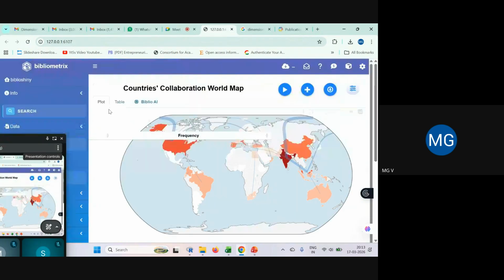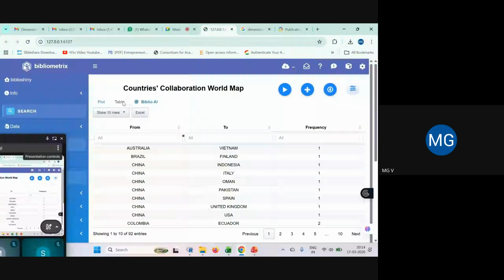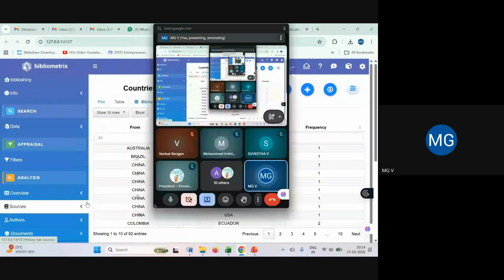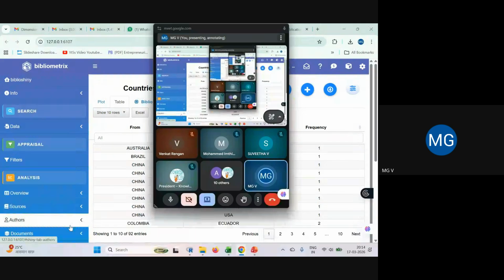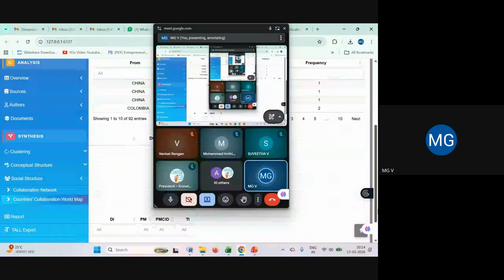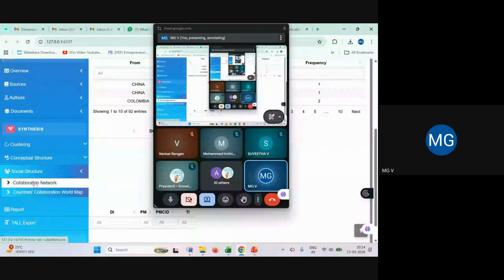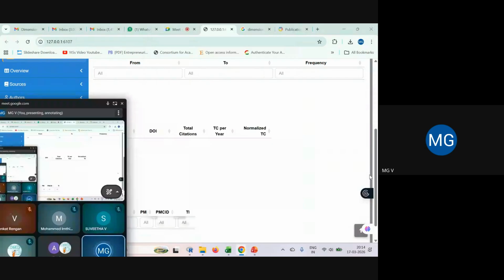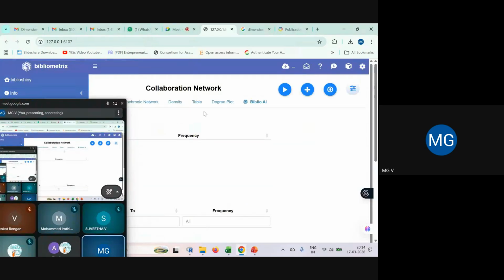If you want to provide it in the tabular form, again, you can download from here. Clear? So it depends on the data also. If we are not getting desired outputs, it means we need to review the data that we have obtained. We have to change our parameters. Similarly, if we go for collaboration network, again, go to this play button.